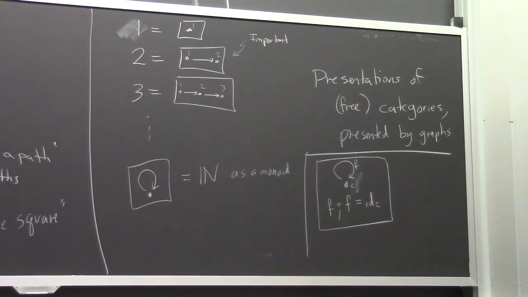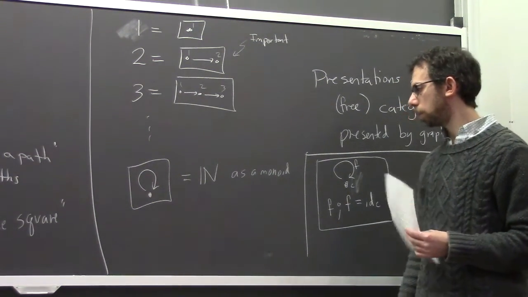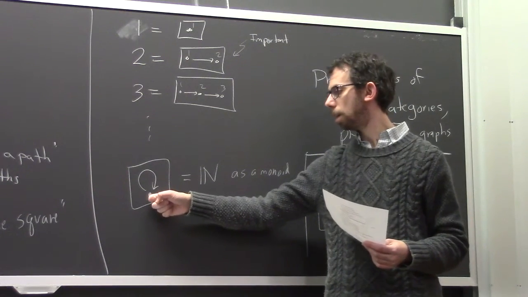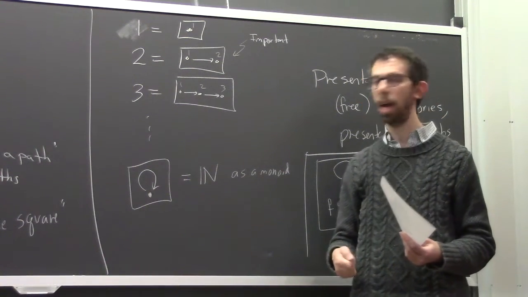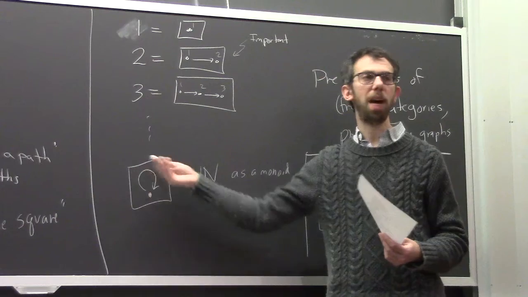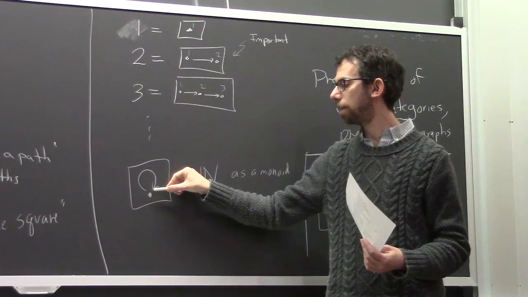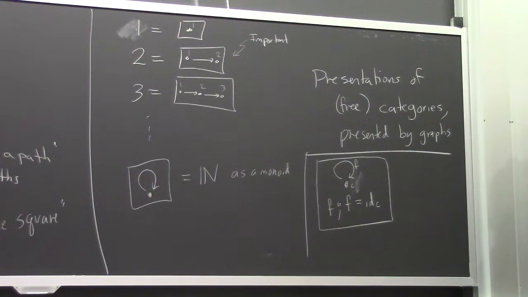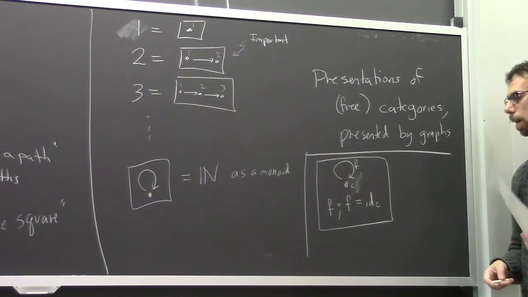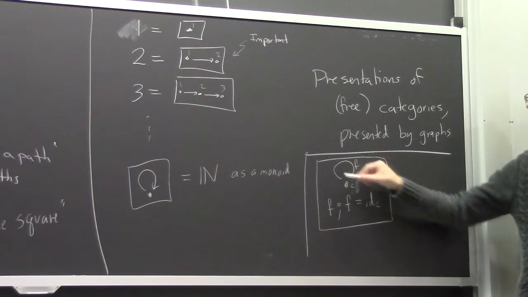A monoid, mono means one, and we talked about it another day, but you can also think of a monoid as a category with one object. So here's a category with one object, and when you think of the monoid as a set where you can add or multiply, the set we're talking about is all the paths. If I have the path 3 and the path 2, I can compose them and get the path where I go around 5 times. That's the monoid of natural numbers. In this one, I have the path stay at C, I have the path F, but then FF is just staying at C again.